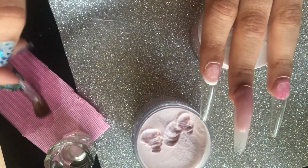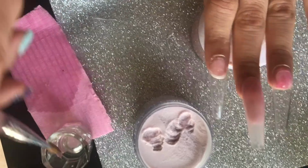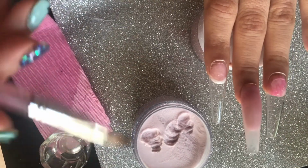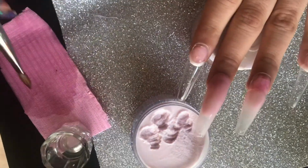and then that's when it's the perfect consistency to use. So I am leaving the tip kind of not fully covered with the color, because we are going to go in with that holographic silver glitter. So it doesn't matter if it's completely covered at the tip. You just want to make sure that the nail bed and until where you want the glitter fade to start,